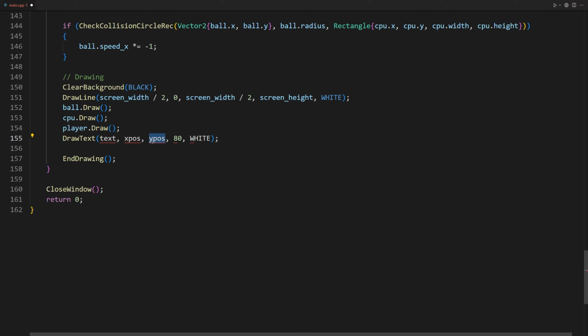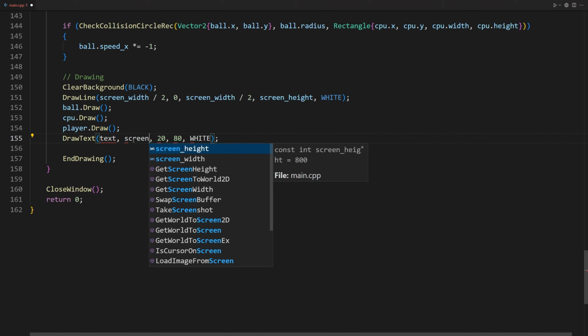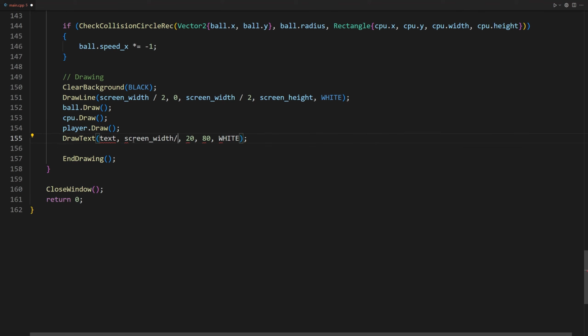For the position X and position Y for the CPU score, let's put 20 pixels from the top of the screen for the position Y. And let's say screen width divided by 4 minus 20 for the X position. Now we want a text to print for the CPU score. We just want to print the CPU score, which is an int number, cpu_score. So we have to convert it to text.